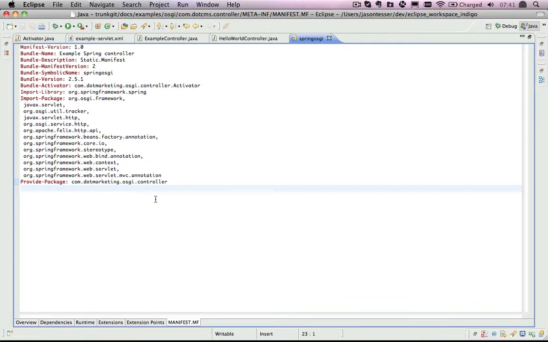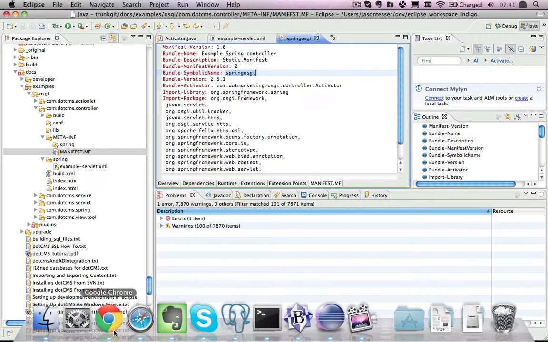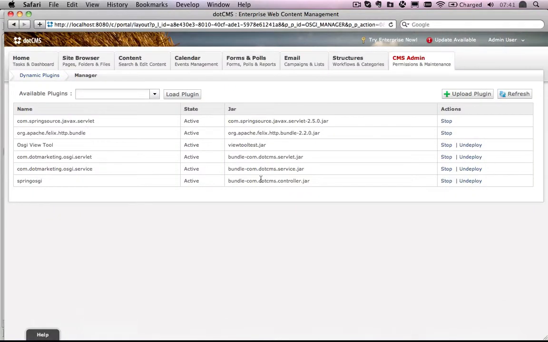What does it import? What does it export? Things of that nature. What's its name? Its symbolic name is Spring OSGI. And in fact, for those that haven't seen, we actually have a back end now to the dynamic modules where